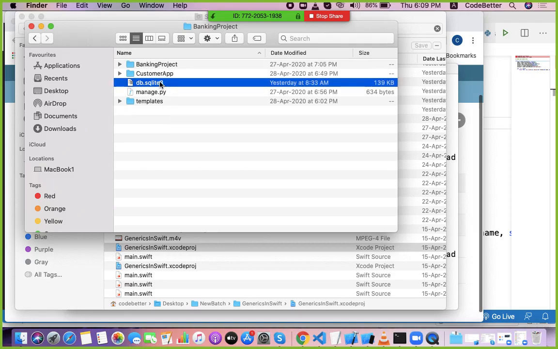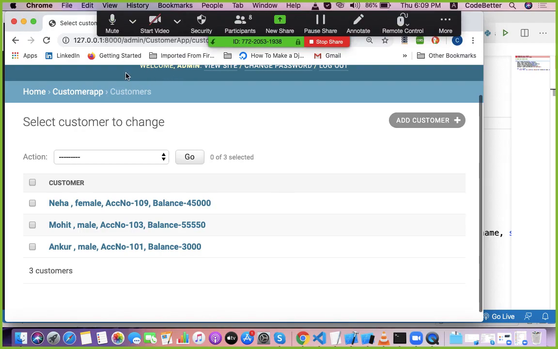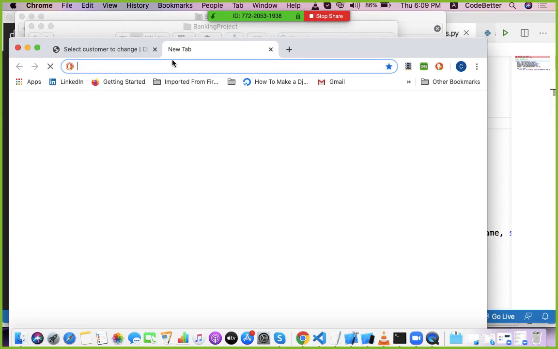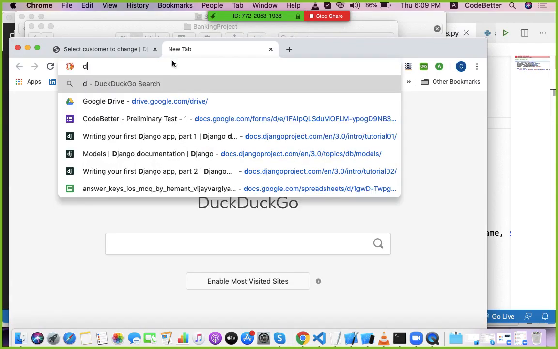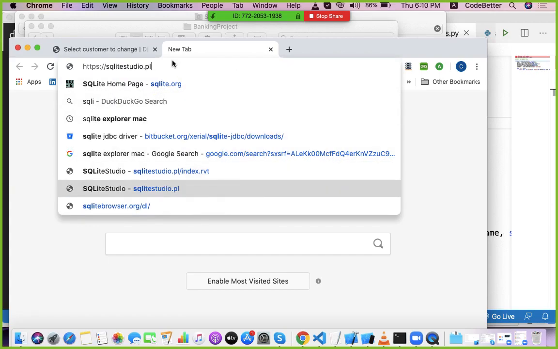Now you can open it with some software. There are various software to open a database of type SQLite. If I right click on it, I have one suggestion: open with DB Browser for SQLite. If you are working in Windows, you can download this DB Browser tool for SQLite.